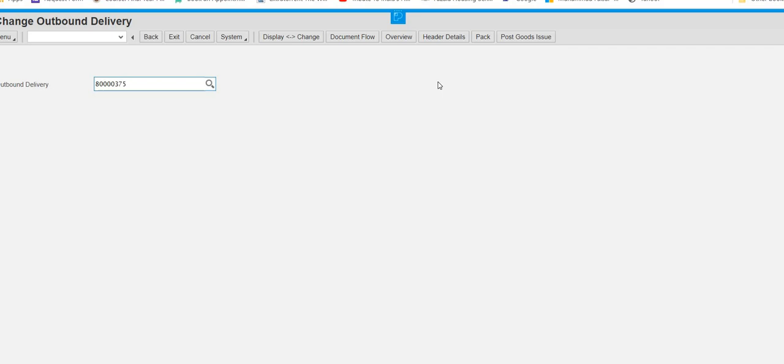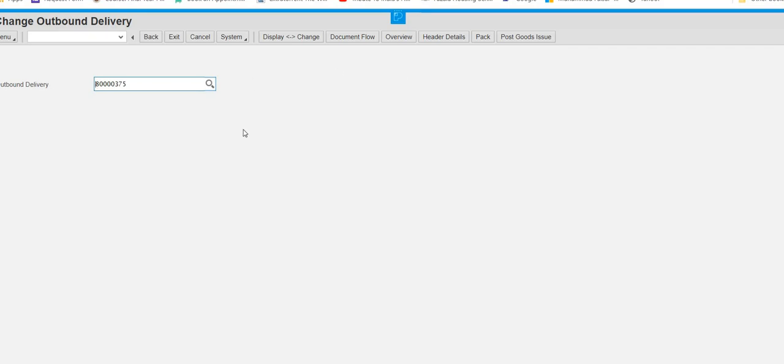The whole system is systematic. You have to follow all the steps so that things are automatically calculated and performed. Later on, on the basis of all these steps, the accounting document will be generated very easily. So, next step, we have to perform post goods issue.